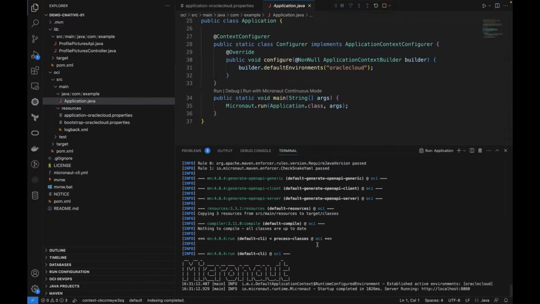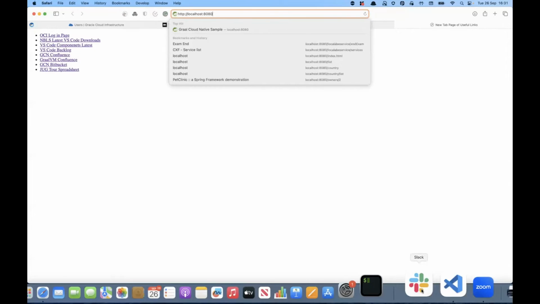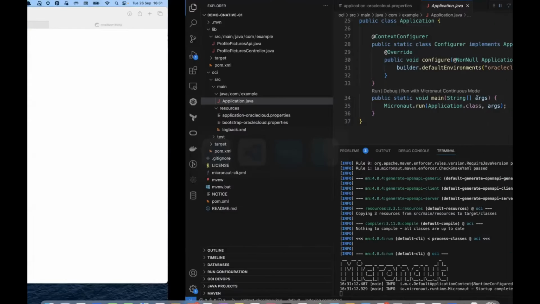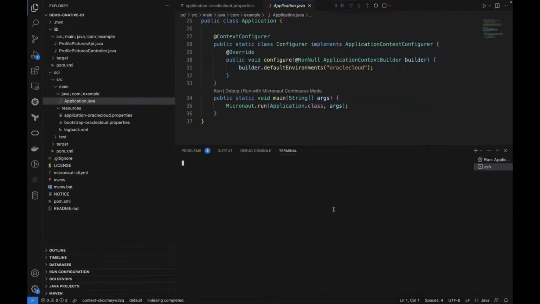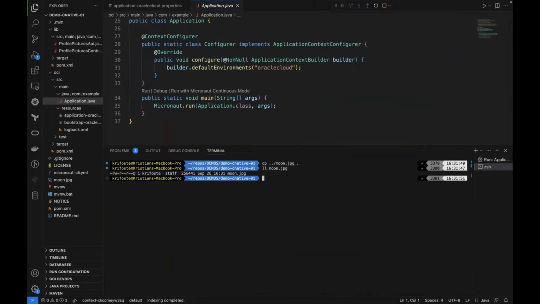Okay, so my application's up and running, and you can see that it's running on localhost. If I jump to here, there isn't actually anything on this application as yet. There's no web page. So if I want to push an image to the application, I've got to do it from inside curl. So I'm going to get myself a new terminal open. I need an image file to upload, and I've got my image file there.